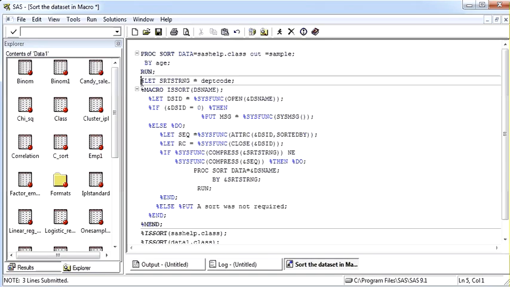Now what I'm going to do is create a macro variable: %let srt_string = age, because we will be sorting by age here, so I'll be writing age here. Then I will create this macro, tsort. ds is the dataset name. %if dsid, this is the macro variable. The sysfunc is mostly